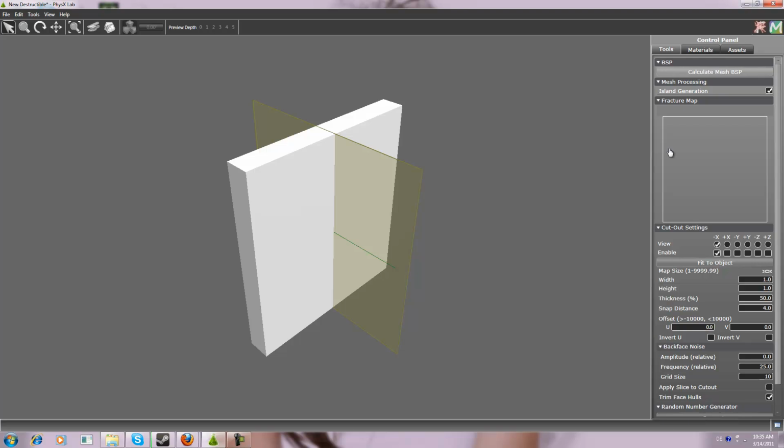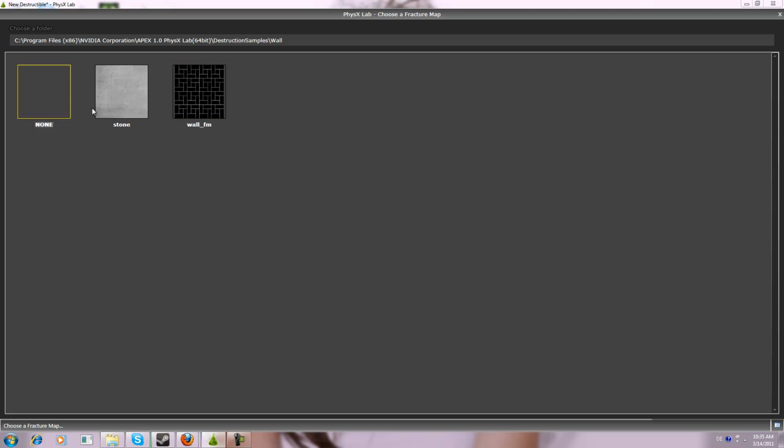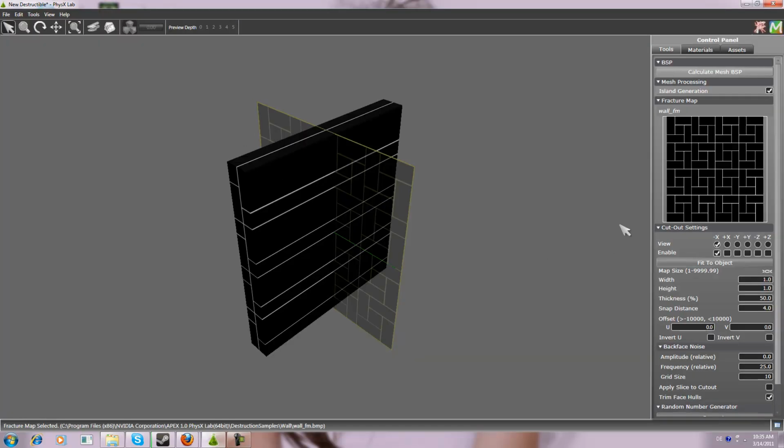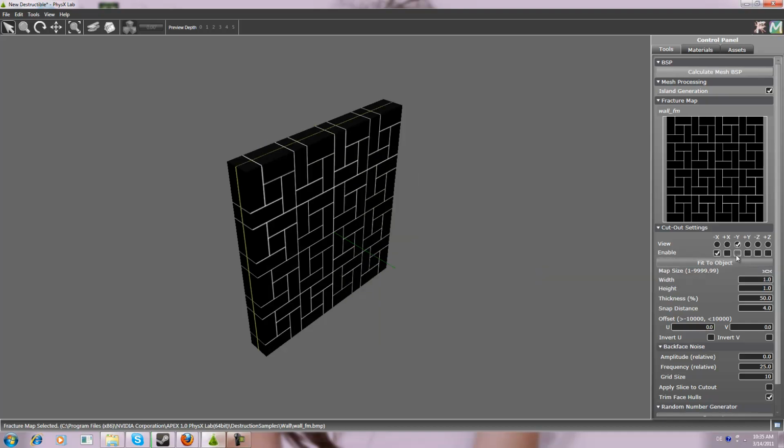Now what you're gonna do is choose a fracture map, and the square you just click in it, and if you don't see it like this, you just have to choose the folder where the wall is in, and then this height map wall will appear. So this will be used as a fracture map. I won't explain how it works either. Just do it. So now you want to align it like this,